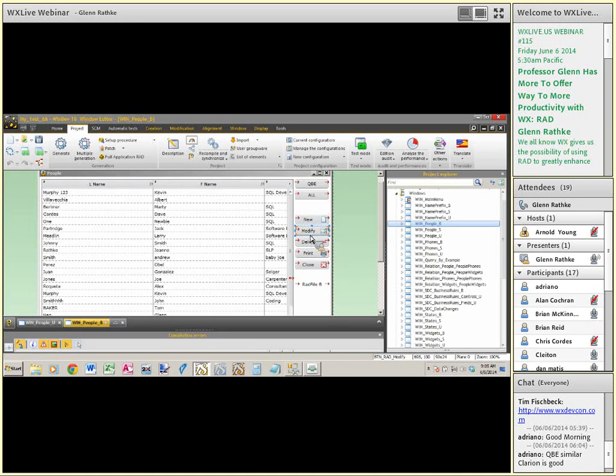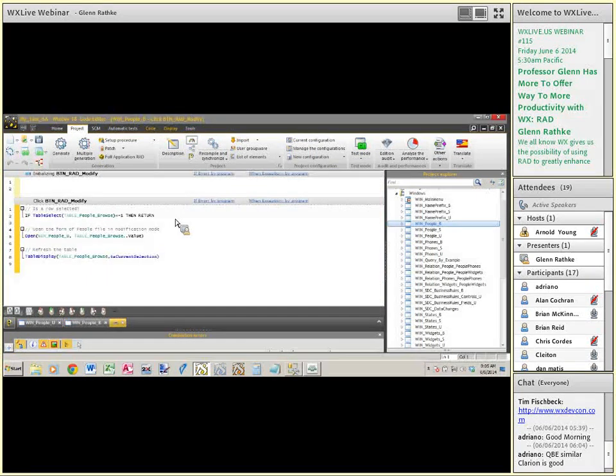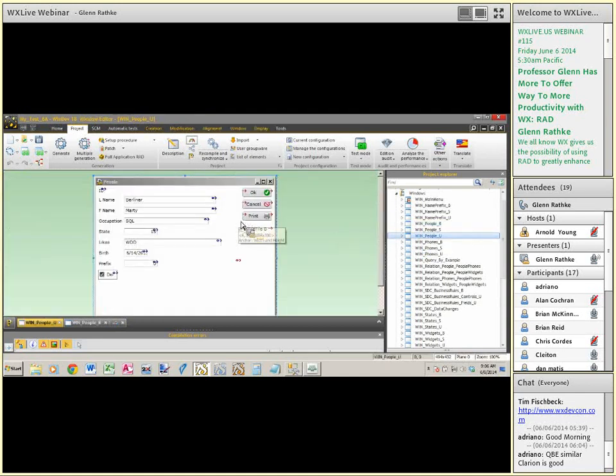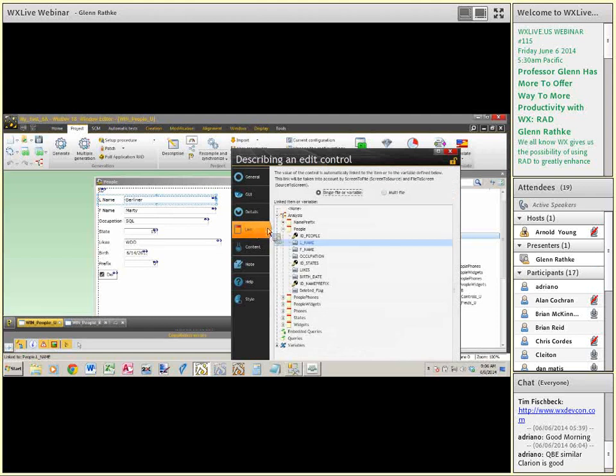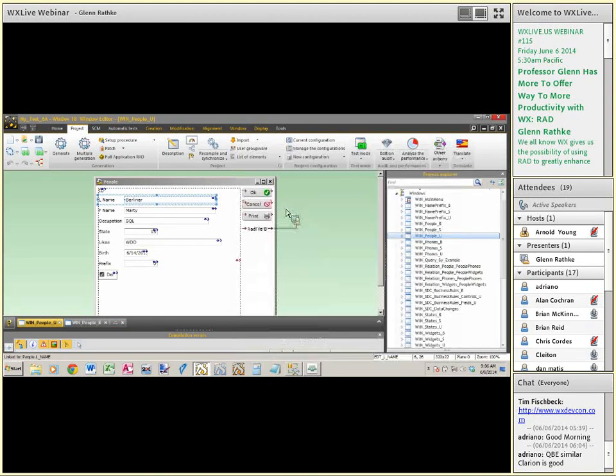Now if we go and modify a record again, it checks to see if something's been selected. And again, if you don't like the way that I've coded this, go ahead and code your own. Let's go look at people U. This is the maintenance form. You'll notice that we have these fields here, and they are automatically linked already back through the analysis. If we look at the code,